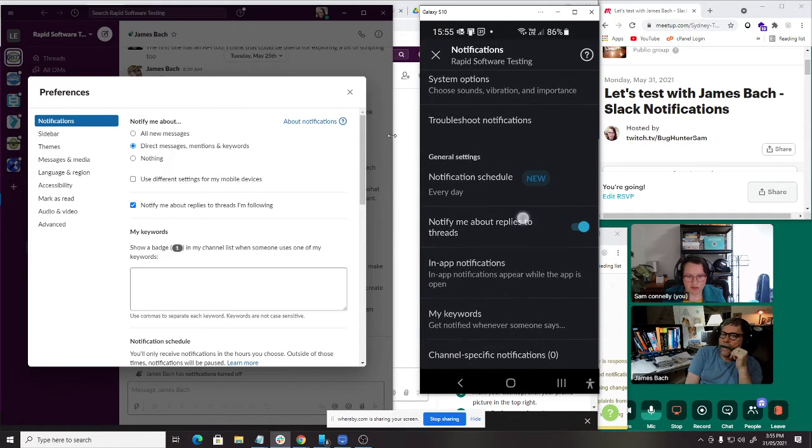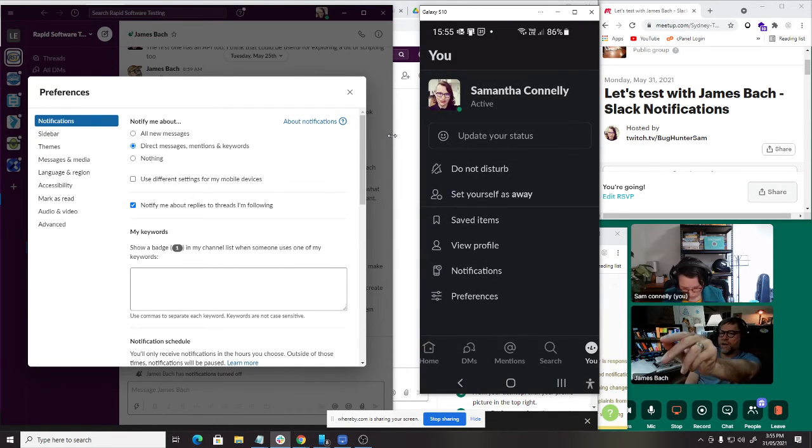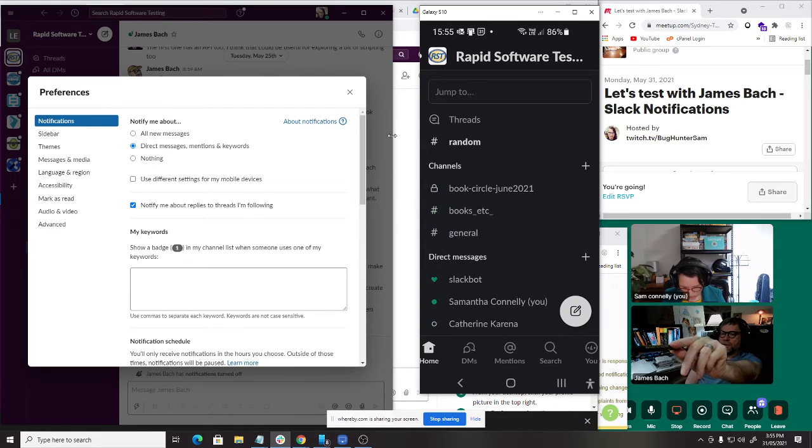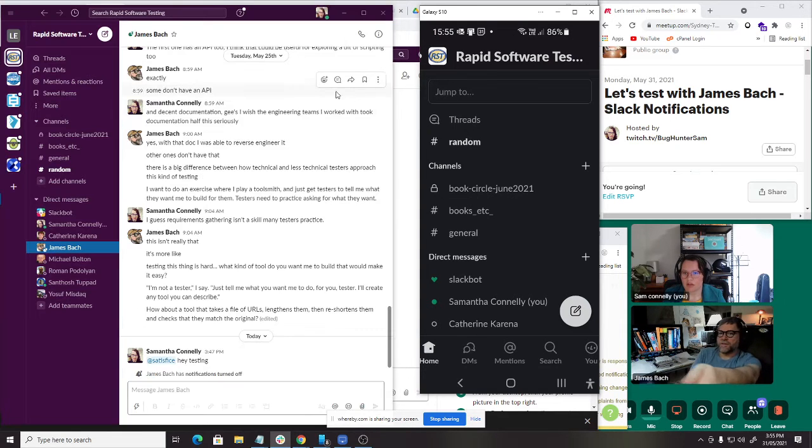notify me about replies to threads. Yeah, I think threads everything means you want everything and you have that checked on. But there may be another place to set this. If you close this preference diagram, I think this is the global preferences one. Close this on your desktop over on the side. The preferences, close that, and then if you go to the channel, go to the general channel,